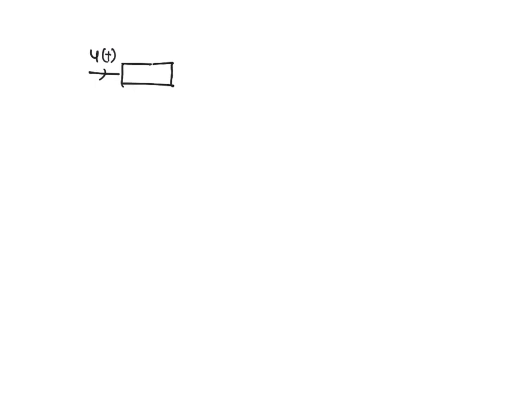So we have a system where the input is u of t, and the output is y of t. We are trying to get this model: when we give an input u, what is the response y of t of the system? To do that, we will start with